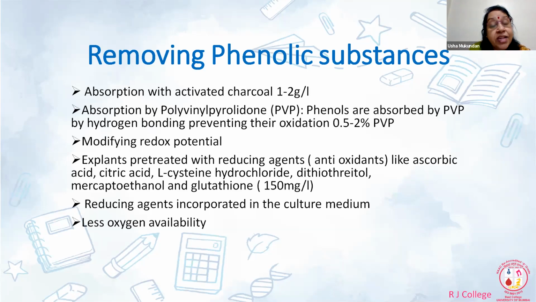However, if you have a static medium, then comparatively the oxygen availability is less, and as a result, the phenols will not be oxidized, or for that matter, the enzyme machinery will come to a halt. So these are some of the mechanisms which are used for removing the phenolic substances. So once you remove the phenolic substance, substrate availability is not there. And if substrate is not available, the enzyme has nothing to act upon, and as a result, browning is hindered.